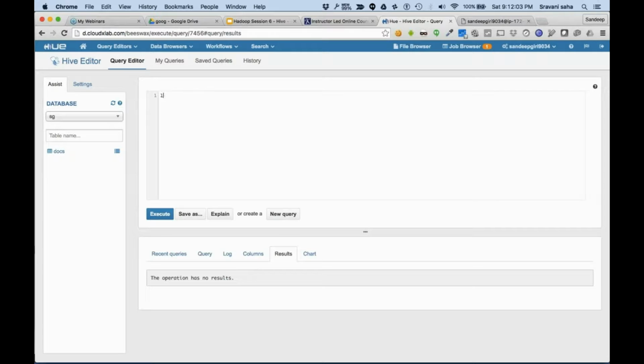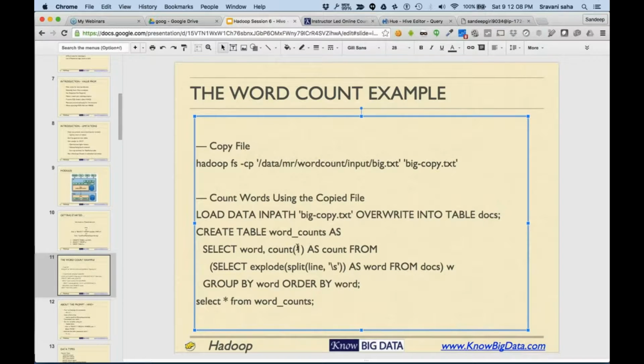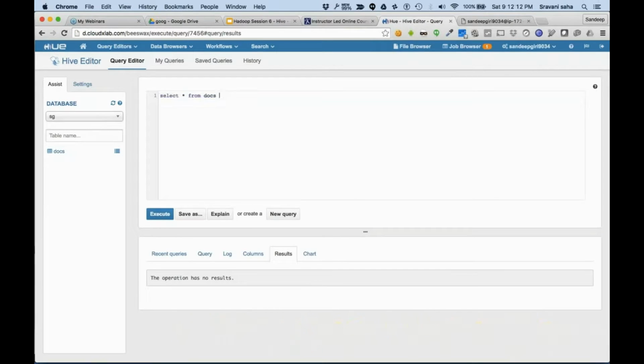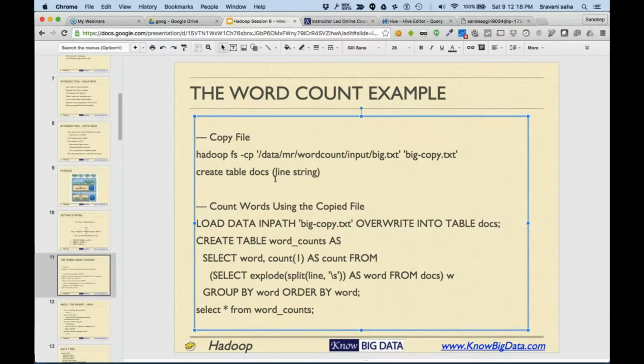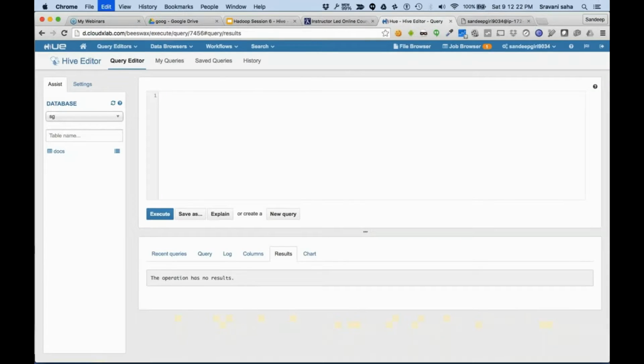Okay, we need to load data as well. Let me put user slash Sandeep Giri 9034, and that's it.